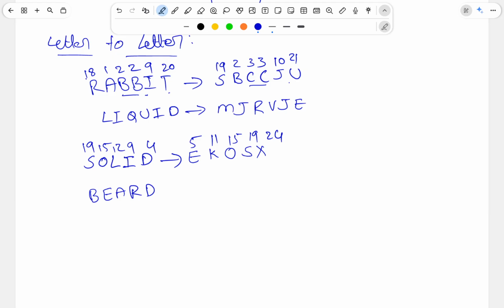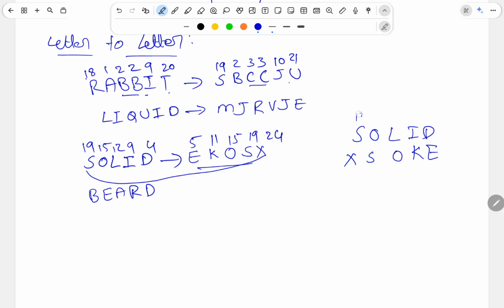Every time don't check from left to right only, also check from right to left. So if I come right to left, S should be compared with 24. Solid, and I am writing this code in the reverse order. XSOKE. Now this is 19, 15, 12, 9, 4, 24, 19, 15, 11, 5. From here plus 1, plus 2, plus 3, plus 4, plus 5. Okay, they increased. So now beard we have to write in